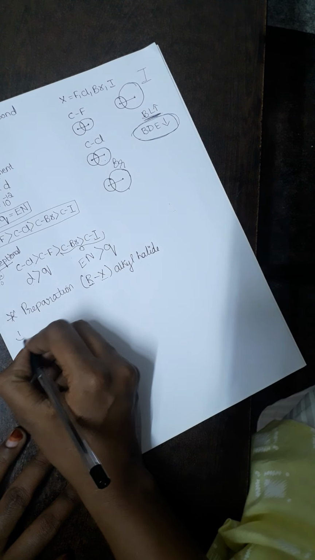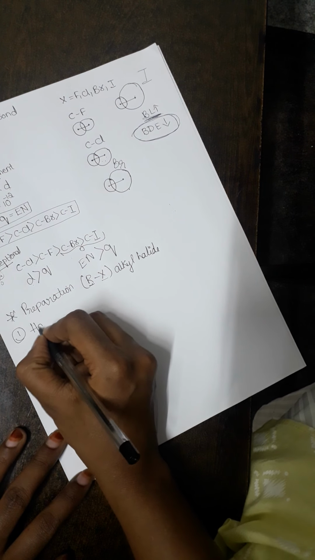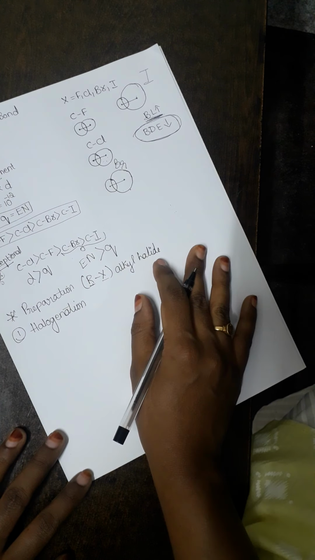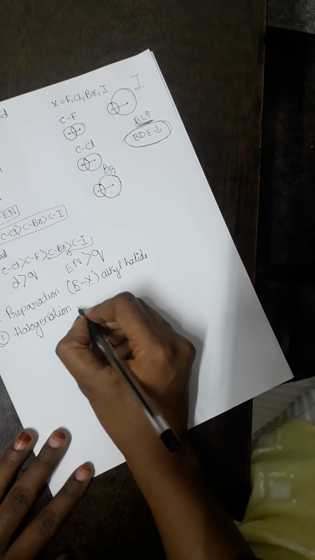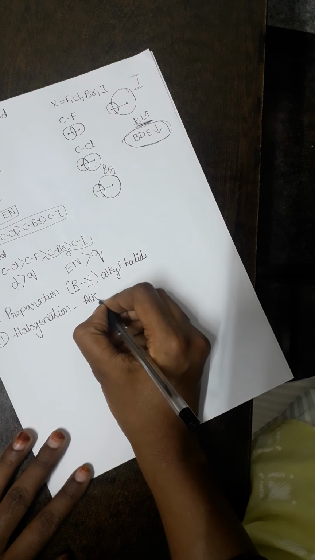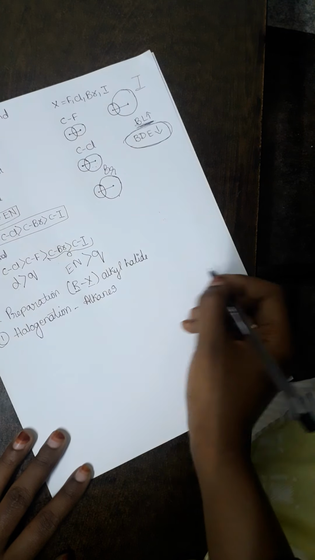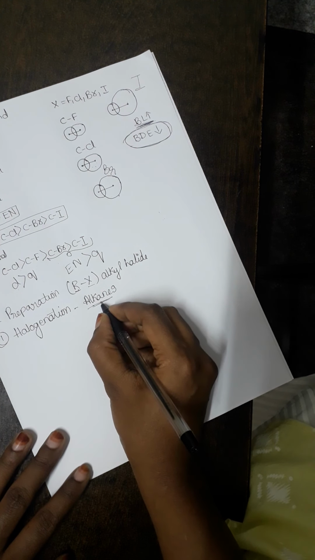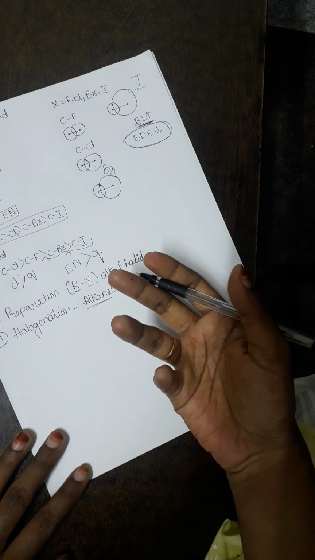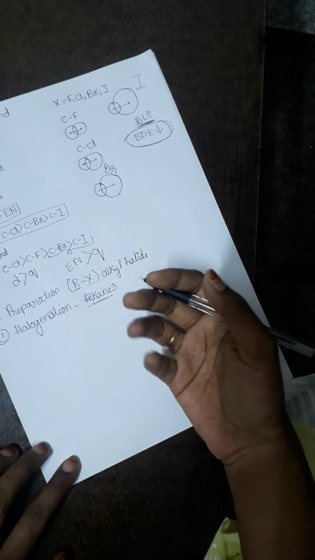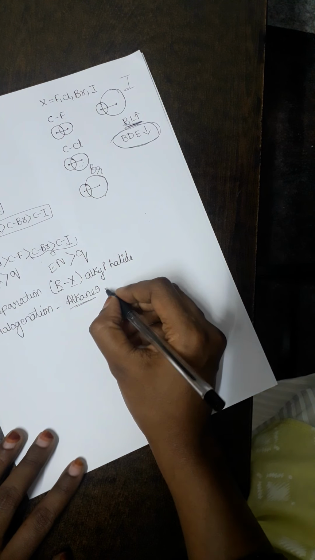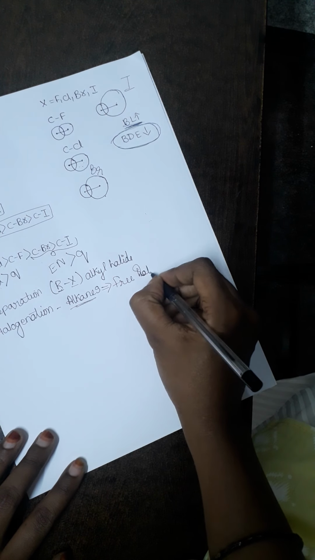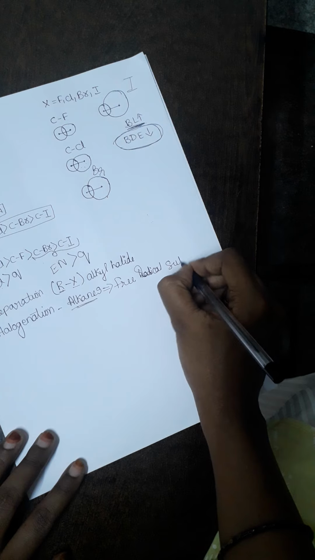So the first method is a common method which you have already studied in your first year, and it is called halogenation. Halogenation is nothing but a substitution reaction we do for alkanes. As you all know, alkanes are saturated hydrocarbons. So what we are doing is removing one hydrogen and substituting it with one halogen. So it is a substitution reaction, and we already know from first year that it is a free radical substitution reaction.